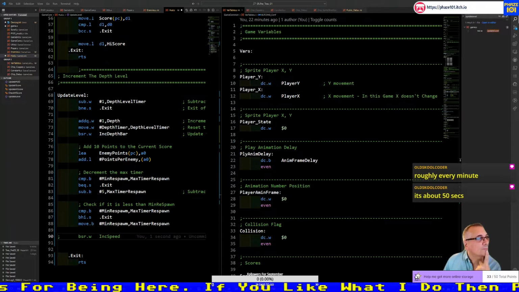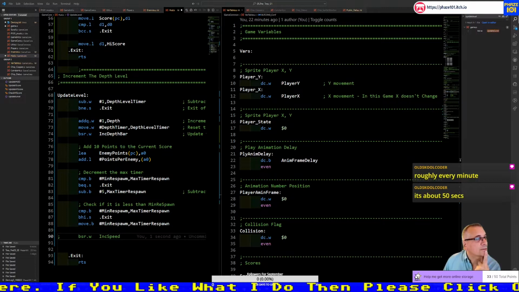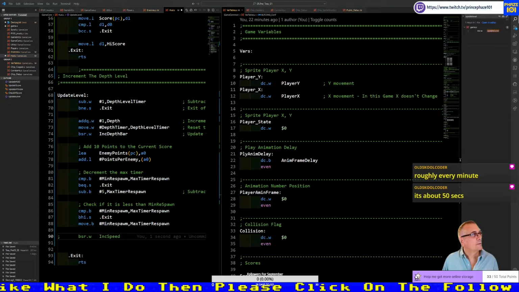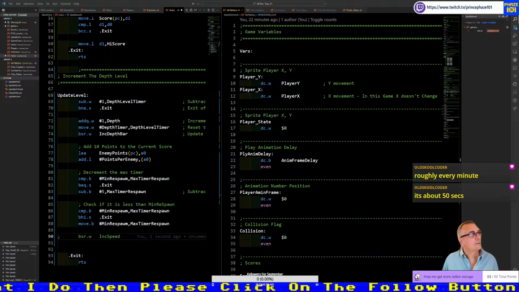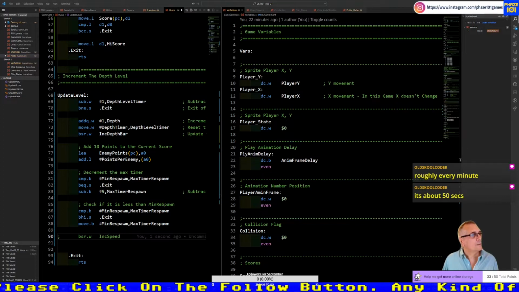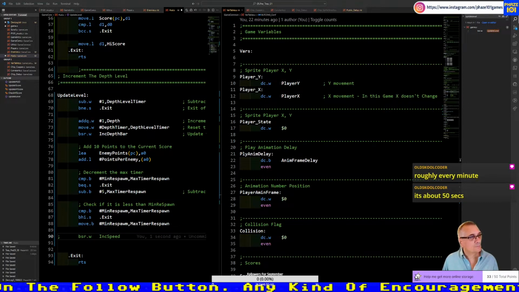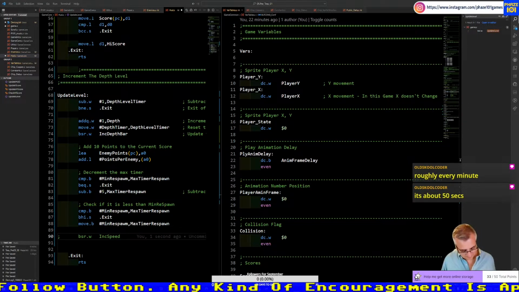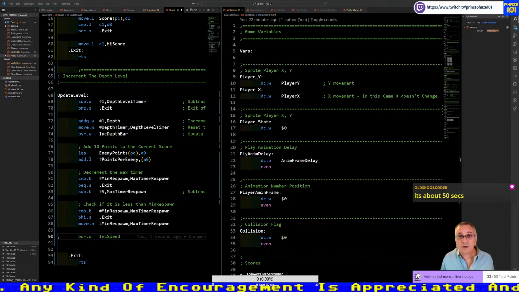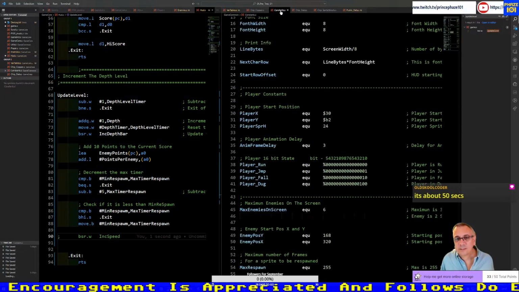There you go. But I have a constant depth timer. Depth timer. So this is what I did. And I'm just going to add it into my constants.